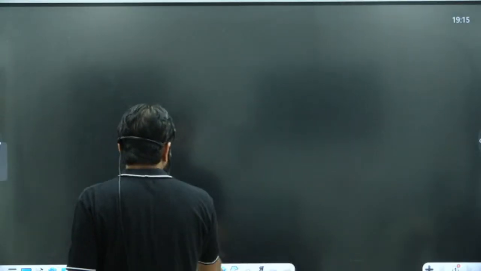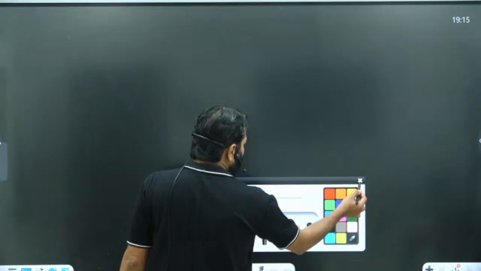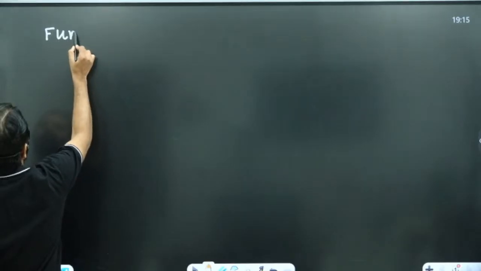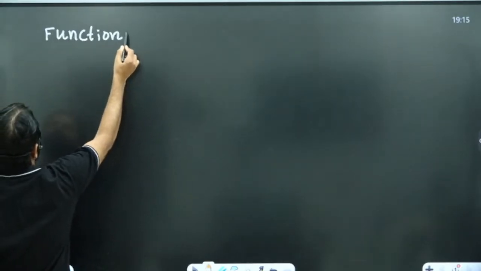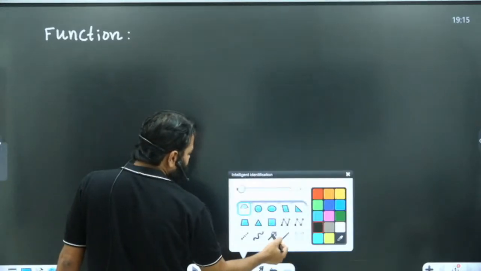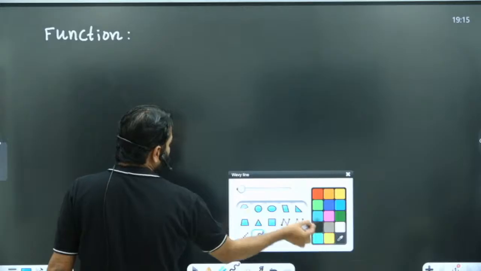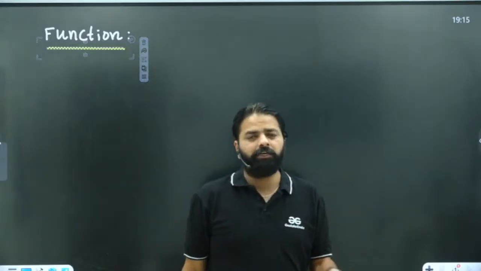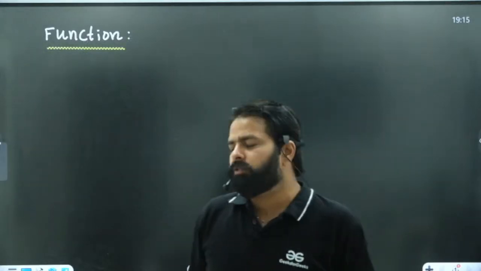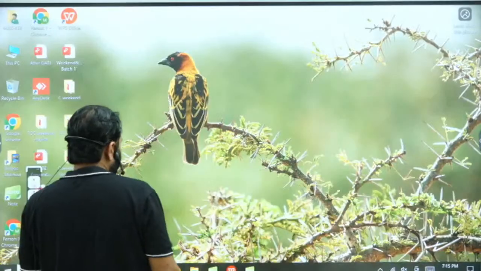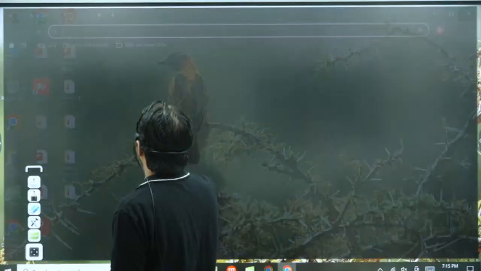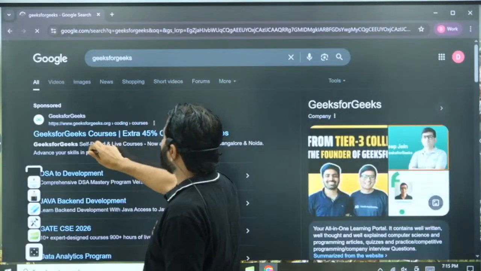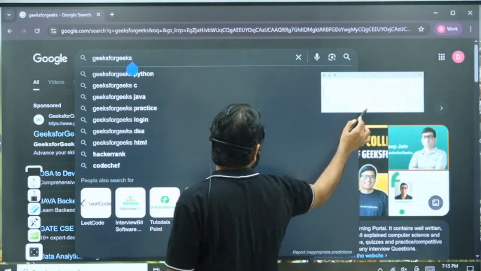So what are we going to do in these functions, right? Before starting the function, I'll let you know how to complete the previous topics along with our lectures, and if you wanted to practice more, you have very good resources at GFG. But if you're not aware, I can show you, there are multiple pages in Geeks for Geeks. So go to Geeks for Geeks, right? So just search C programming.